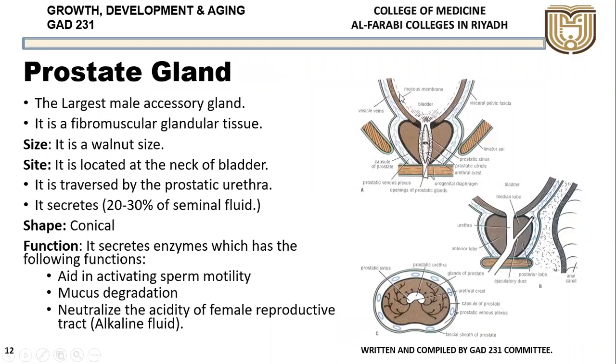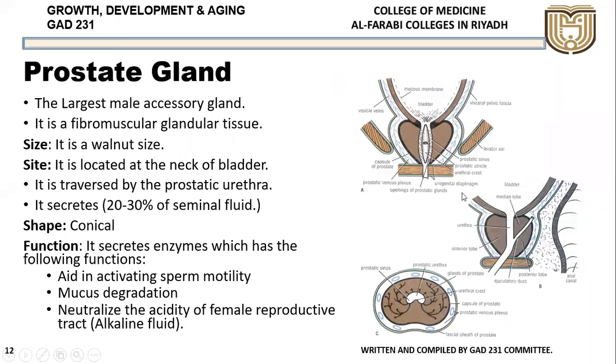Now coming to the prostate gland. Just below the bladder, this is the urinary bladder, just below that, there is a triangular shaped organ called the prostate. This is the prostate, this is the side view, this is the front view, and this is the cross section. This is the prostate with the glandular part. Here you can see the bladder and the urethra passing. This is called the prostatic urethra. The urethra passing through the prostate is called the prostatic urethra.